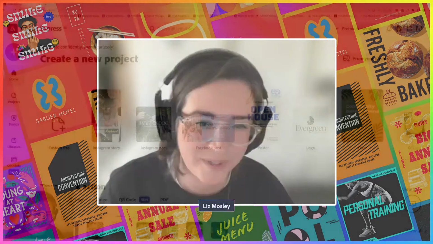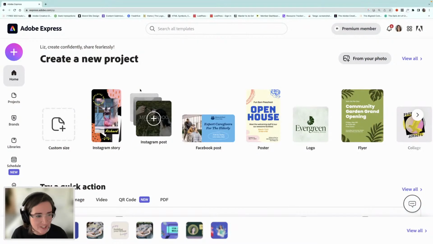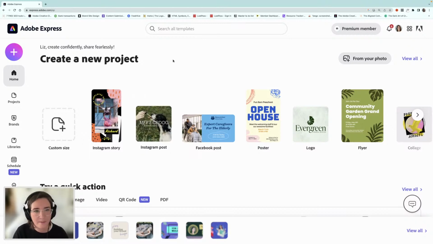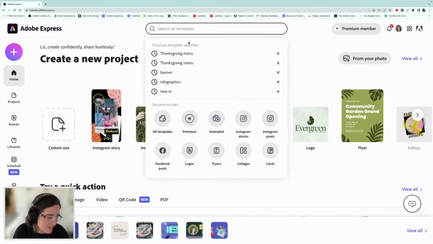So let's head into Adobe Express because we haven't got much time, and let's get started. Today I'm going to save myself some time and start with a template rather than starting from scratch. While I do that, maybe you can tell me in the chat whether you celebrate Thanksgiving, and if you do,